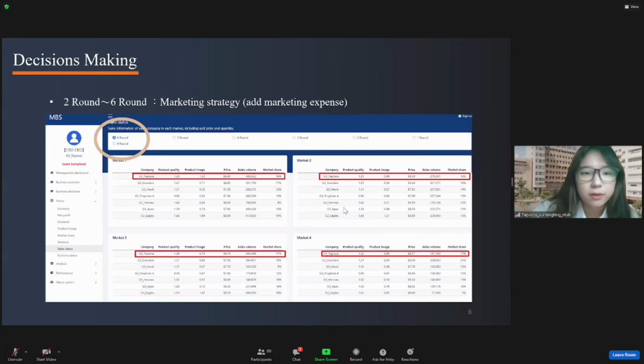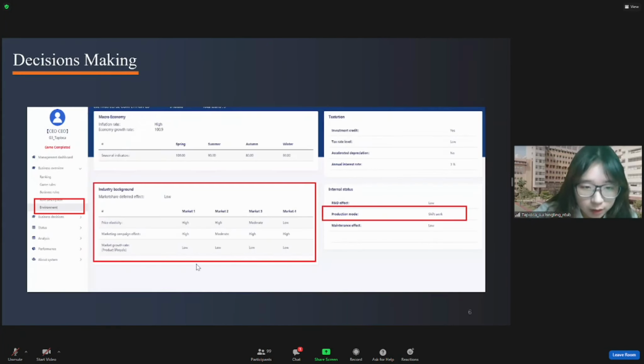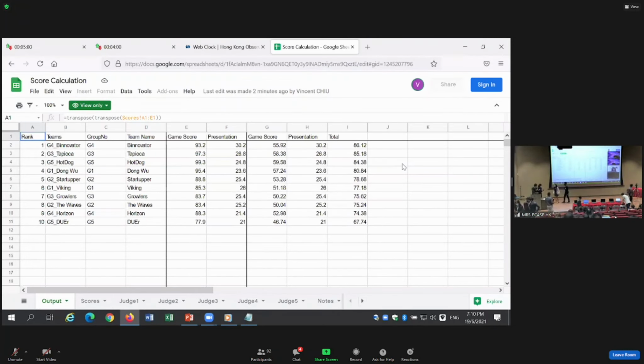Because as you can see from the macroeconomic environment, we know the R&D research and development impact is lower. So we just put in a little expense. As you can see from here, it has just a lower effect. So we do not focus on R&D expense. Thank you. Lastly, we invite Mr. Chen to present our final results and our achievement today.